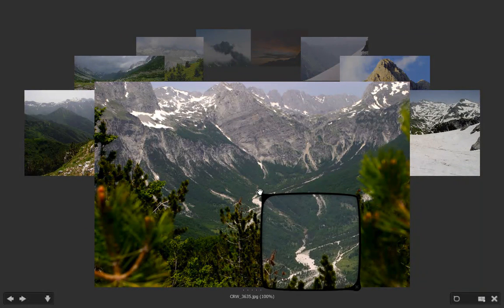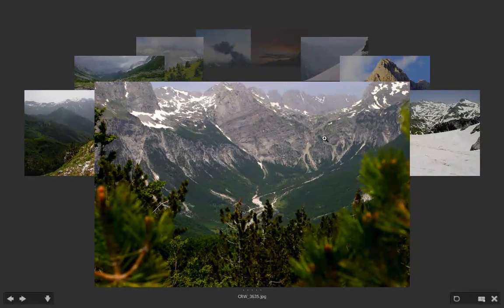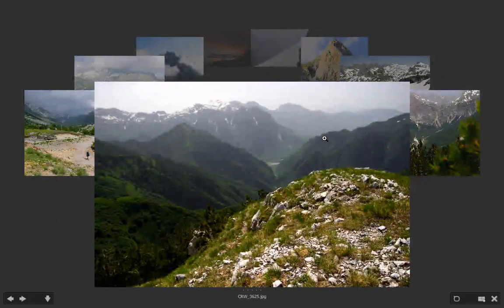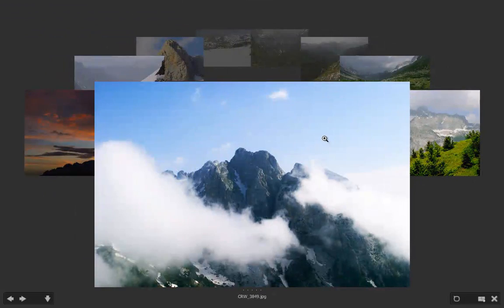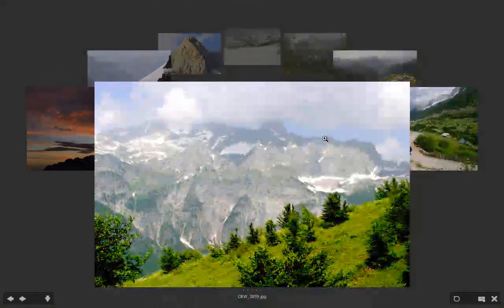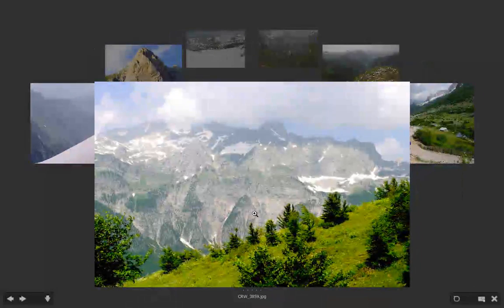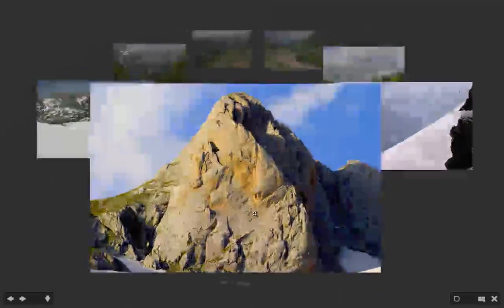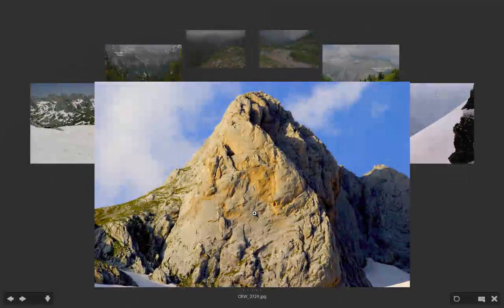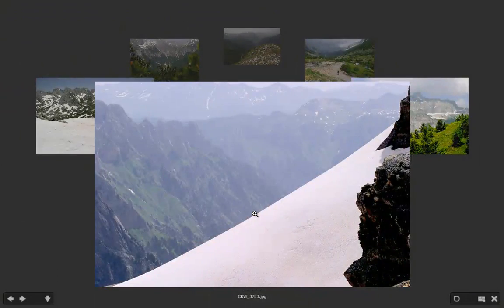Okay, it's good, and I'll close that. Now if I want to remove one of the images from the review mode, I can press the down arrow key like that, or I can click and drag the image down. This removes the image from review mode. It's still on a hard drive. I haven't deleted anything. Press the arrow key to remove this one as well,